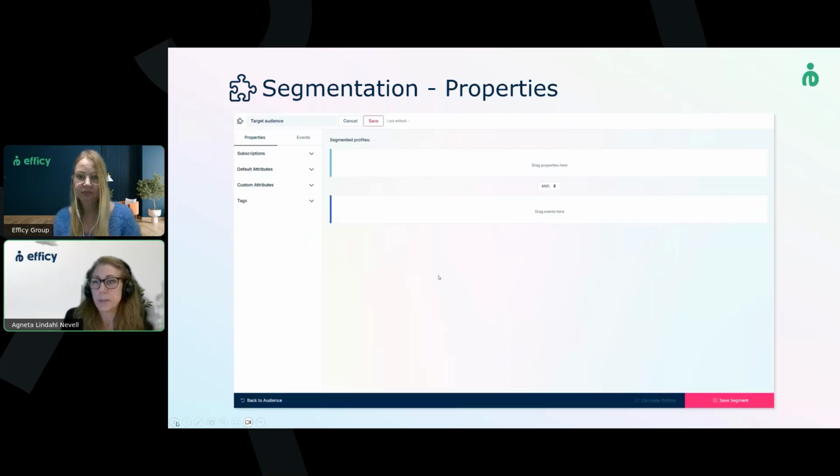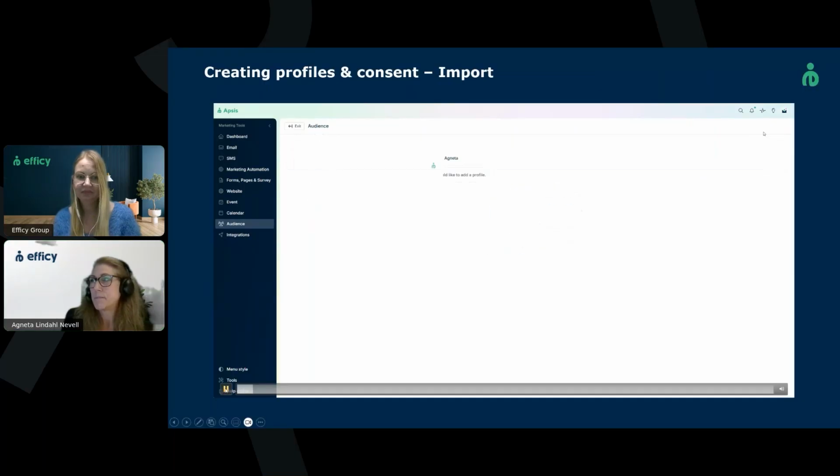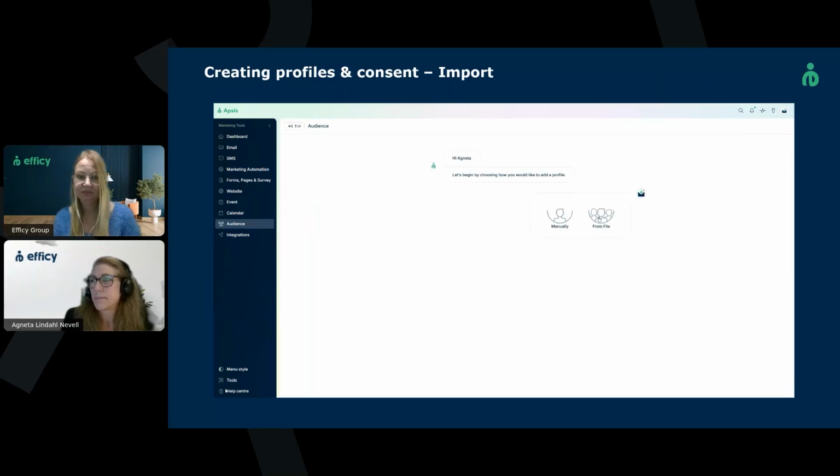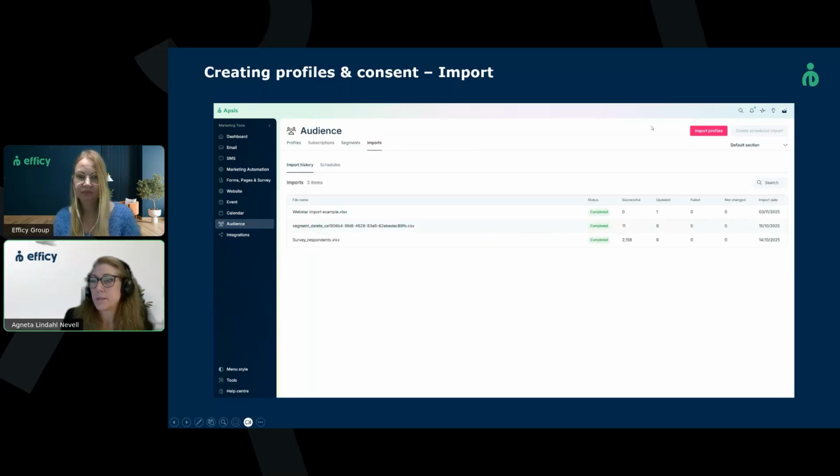So no, I couldn't pause. That was very weird. Let's go back and see if we can do it again. So again, going back to the tab for import,